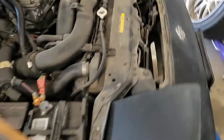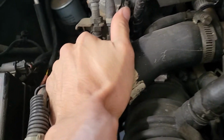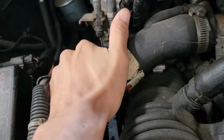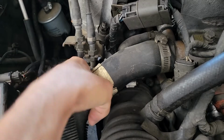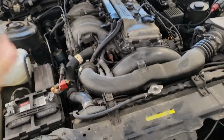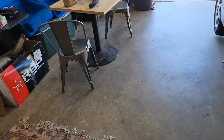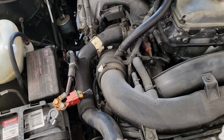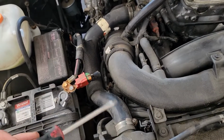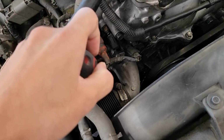And when you're doing this, if you could hear this and you could feel it, it's just not that great. I just want to change it out because we just got this car. So change those out, make sure it's really nice. So here's that. So you got your flathead right here, but when you guys do this, drain out the bottom hose